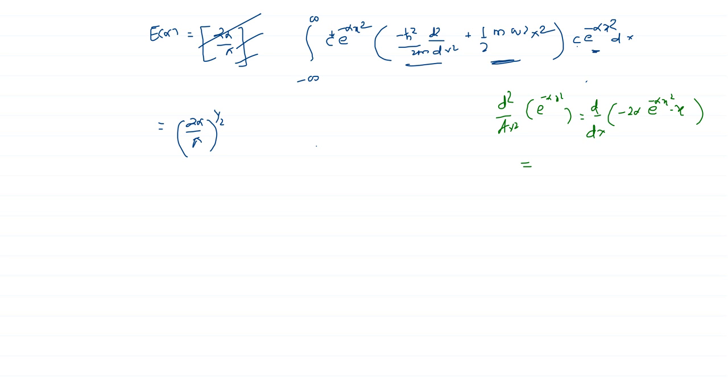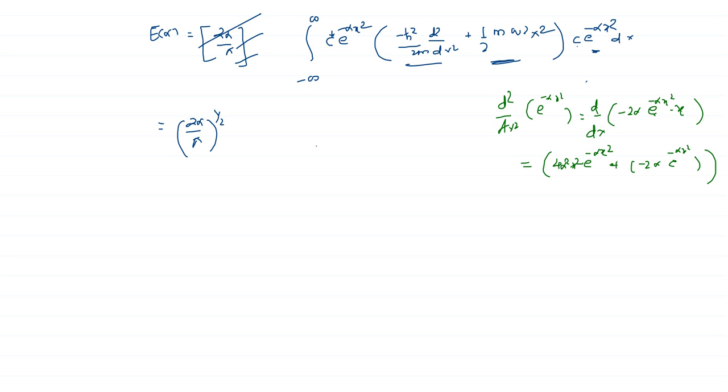So there are two terms containing x, this term and this term. First, take the derivative of this term, e raised to minus alpha x square. This derivative once again will give me minus 2 alpha x. So we will have 4 alpha square x square e raised to minus alpha x square, and plus, now the derivative of this x will be x only. So I will obtain minus 2 alpha e raised to minus alpha x square.